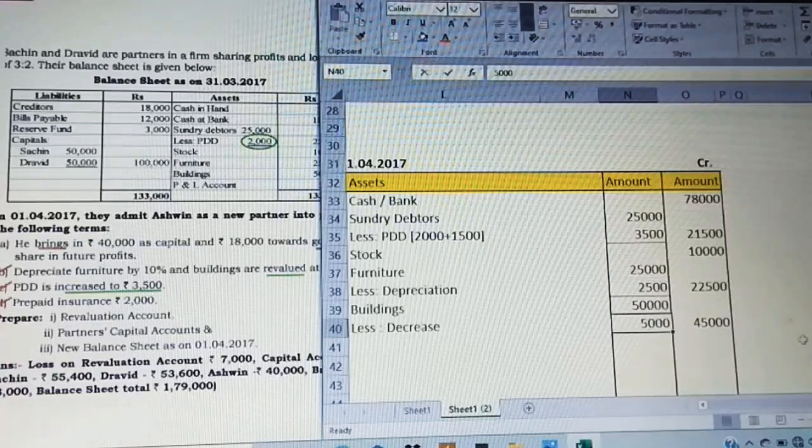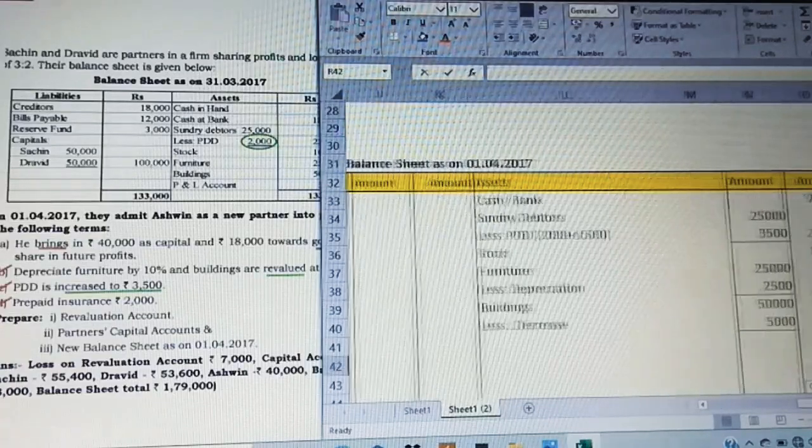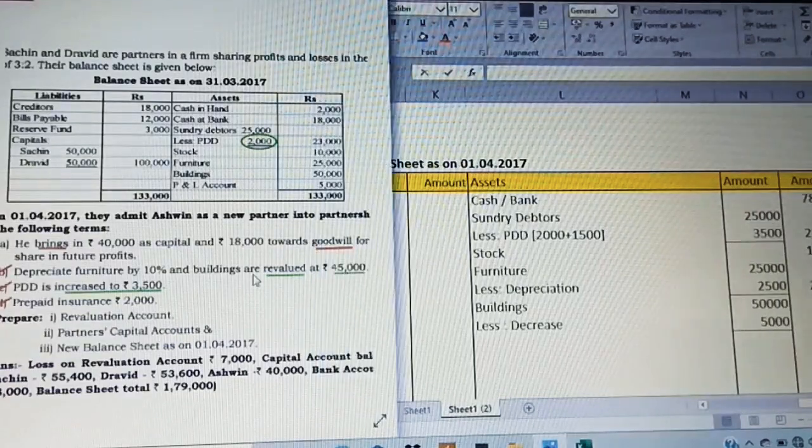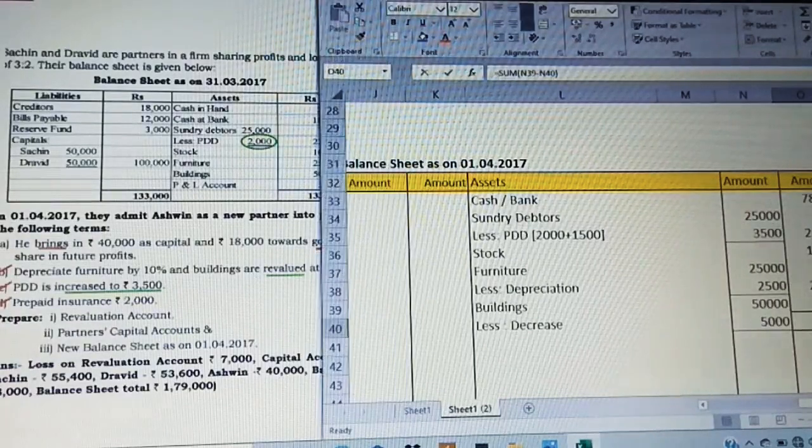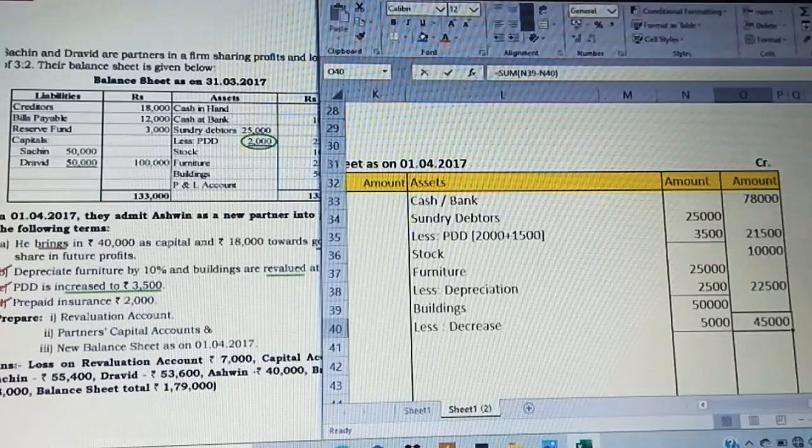So you should always get it tallied with the adjustment value on the balance sheet. 45,000. Could you just observe your buildings are revalued at 45,000. So as per the market price, we got it in the balance sheet shown as 45,000. Next,